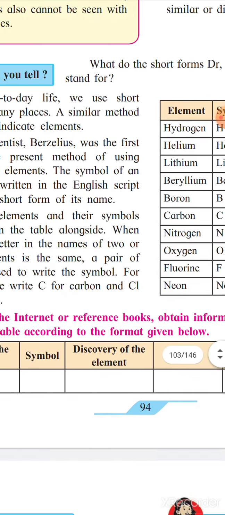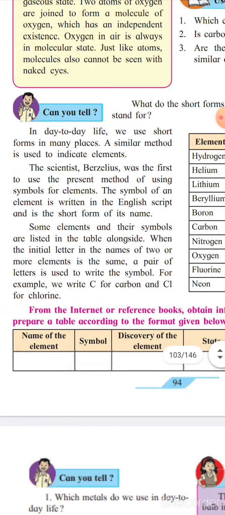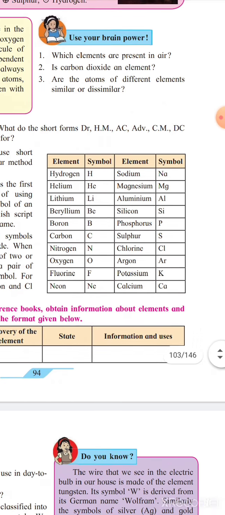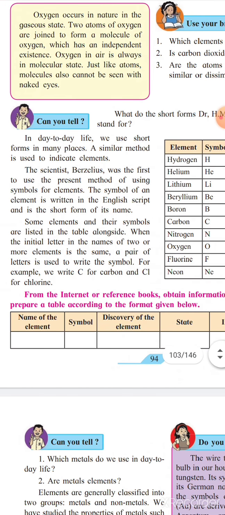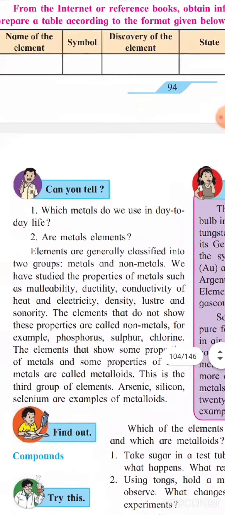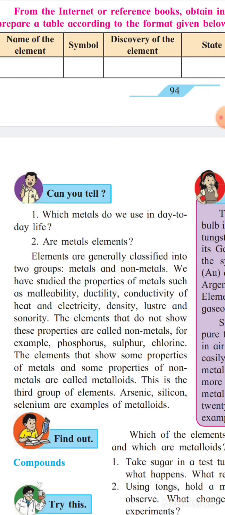In this way, you can find out from the internet or reference books and obtain information about various elements and prepare a table according to the format given below. Now, can you tell which metals we use in day-to-day life? As you know that